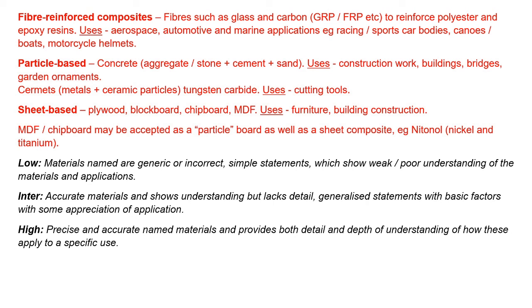So in order to get the higher marks, you need precision and accuracy in naming the materials, and to provide both the details of what it is and then why it's suitable. So what I've given you at the top in red is an example of it and then what it could be used for. You've then got to come up with the properties that make that more appropriate. Remember, for each one, you're only answering 2 of the 3, so you've got 8 marks to get. Okay, so I've given you the first bit that gives you the first 3 marks. So now you need the 5 other marks for the reasons why, and that will be the properties of why